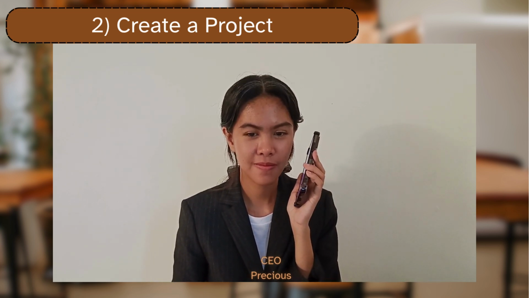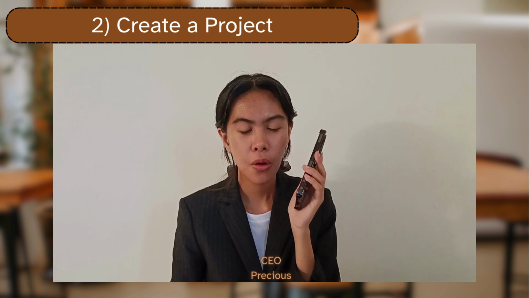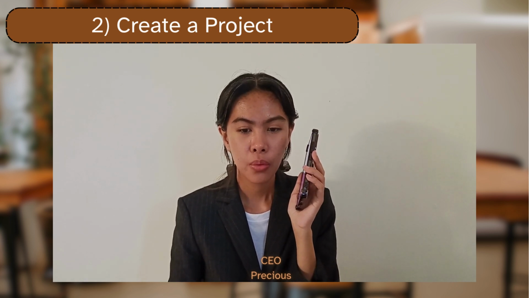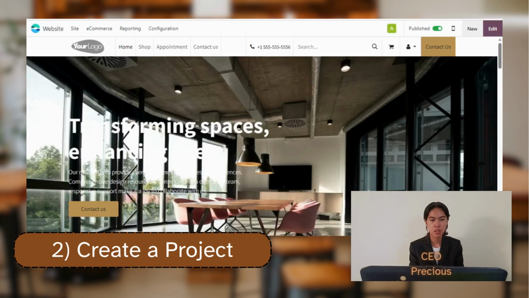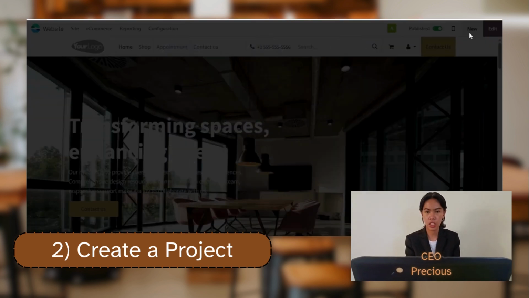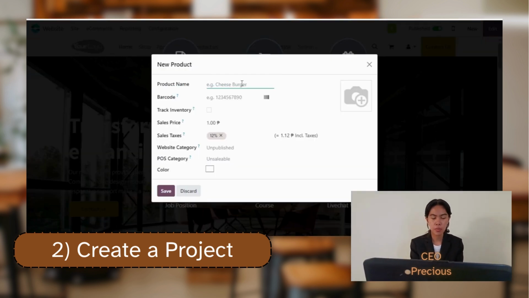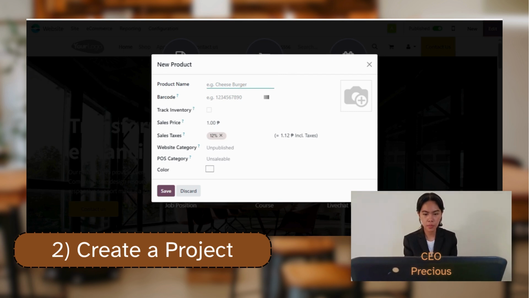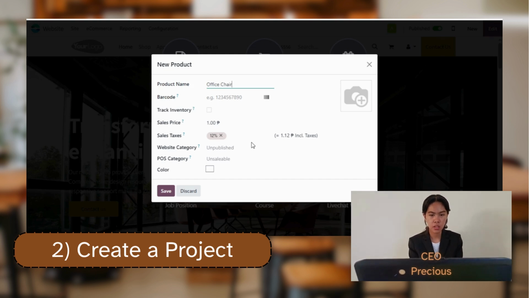Love the new website. Can we start selling our new office chairs online? Okay, I'll create the product page on the website with a 120 price tag. So to start selling our product, just create a new one, and then click the product. Then the product name would be our office chair, and then the sales price would be